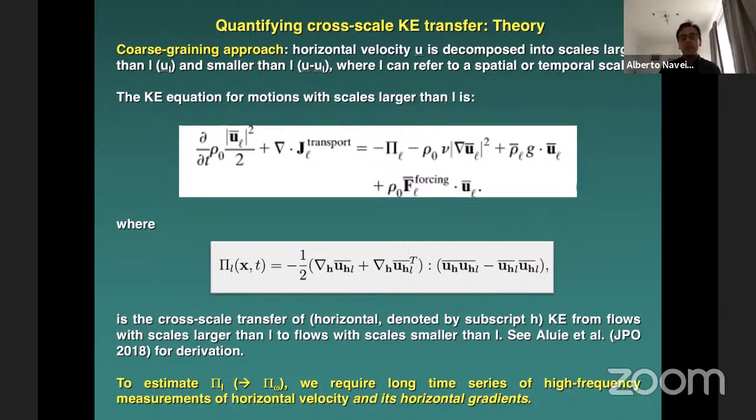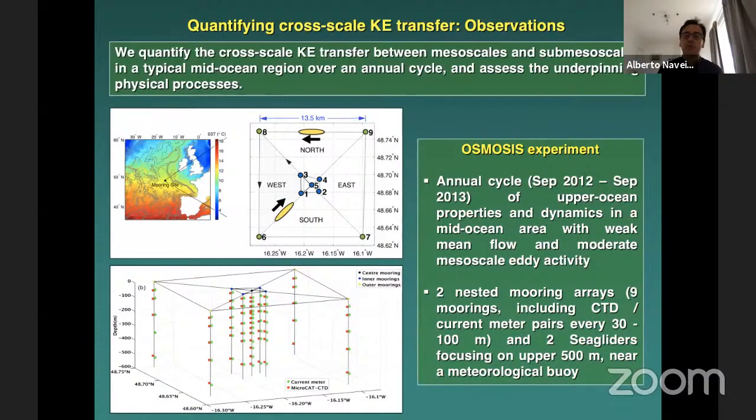And we're going to reframe the problem in terms of temporal scales. This is based merely on convenience, on the fact that we can acquire observations with high temporal resolution, but it's harder to acquire observations over a large range of horizontal scales. So now, the observations that we're going to try and apply this approach to were collected 8-9 years ago as